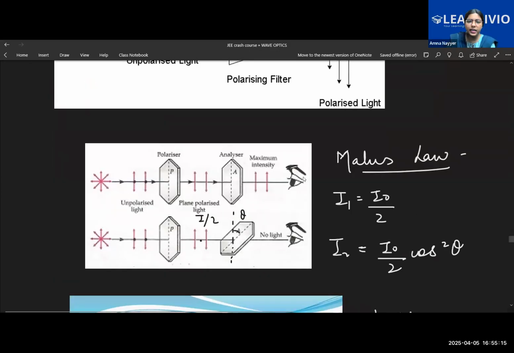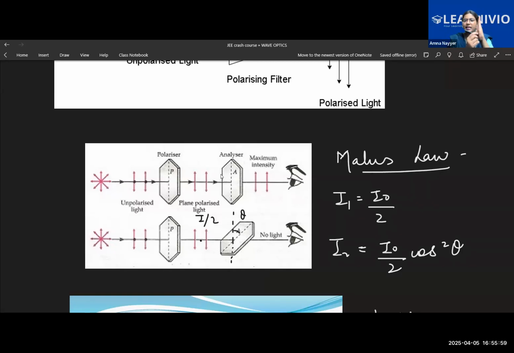So what we do is use a polarizer and an analyzer. The polarizer reduces the intensity to half. First, the unpolarized light comes in and the intensity reduces to half. Then we set the analyzer to the angle for which we require the rays to come through. Suppose the plane polarized light has come like this and I keep the analyzer like this. All the rays will pass and I'll get maximum light. Earlier it was unpolarized, and now using a polarizer I've made the light propagate like this.